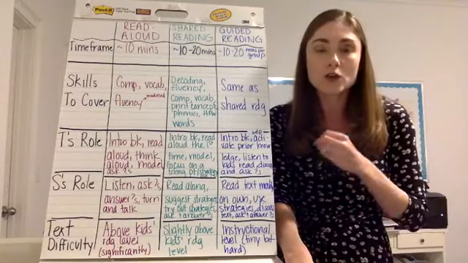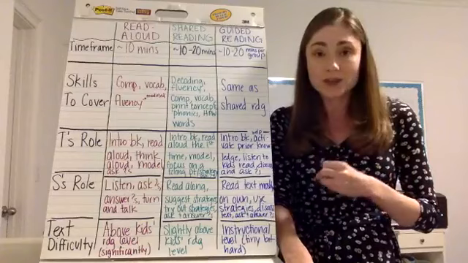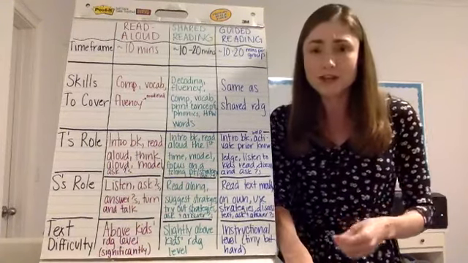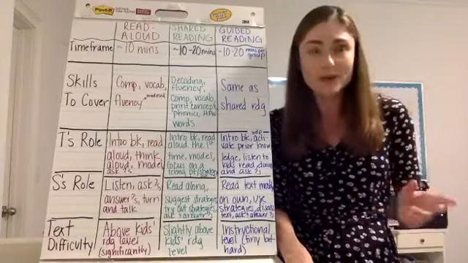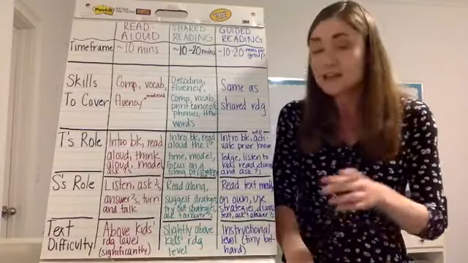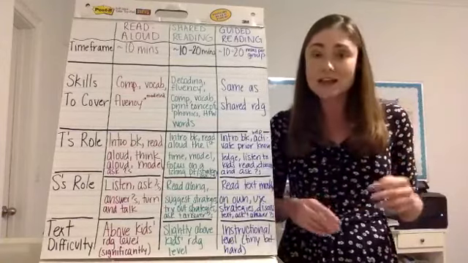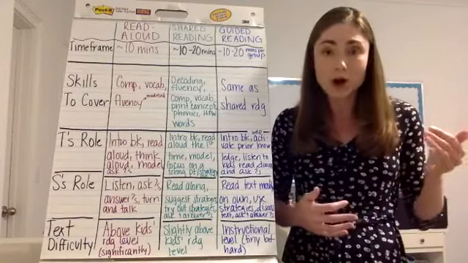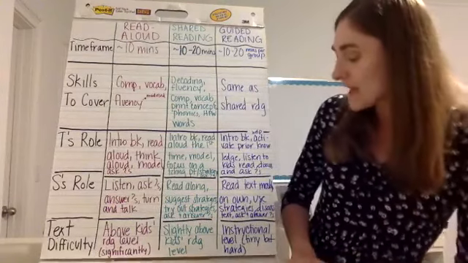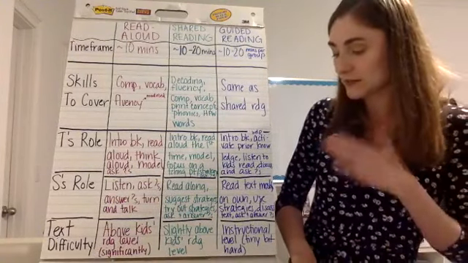So I used to think that the text level didn't really matter for shared reading, but now I feel like it does matter. And do you always have to have a 100% perfect match? No, I sure don't, but I think it's helpful to aim for that. And also, if you have a big range in your class, sometimes you may want to do a little bit of a harder book one week and a little bit of an easier book the next week. All right, last but not least, in terms of text level for guided reading,